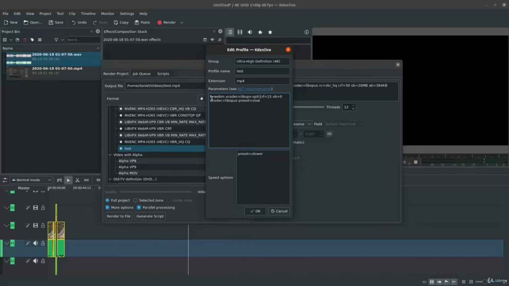So as a format or container, we are using the Webm container, and as video codec, we are using the libvpx-vp9 encoder, which is a software-based encoder as good as HEVC for 4K resolution videos, but the disadvantage, at least